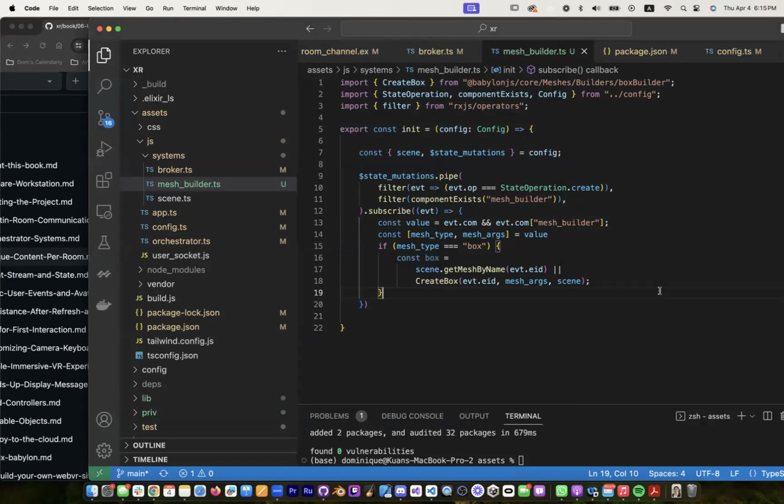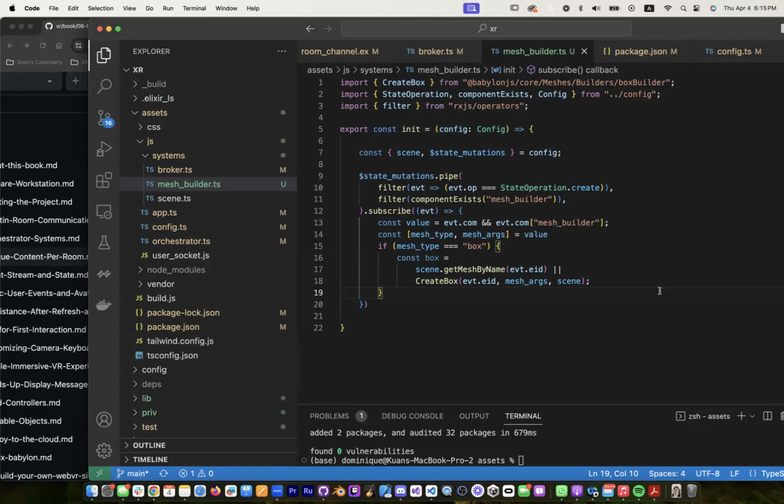Once it's initialized, the state mutations pipe is saying, I'm looking for any event in here with the operation of create. And I'm also looking for events that have a component called mesh builder. These are helper functions that you pasted earlier. It's just a convenient way of filtering, because if it doesn't contain mesh builder,